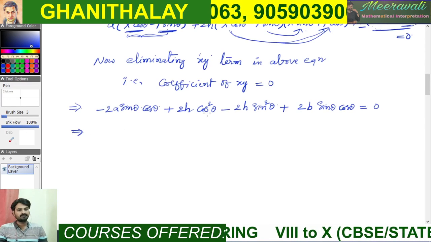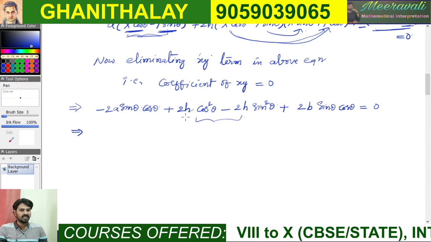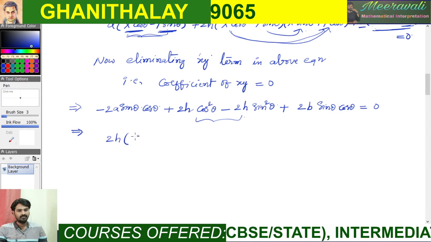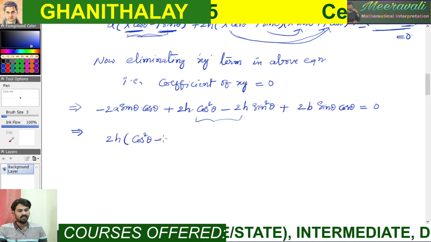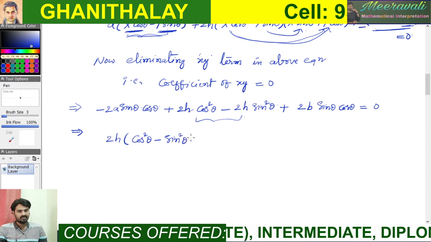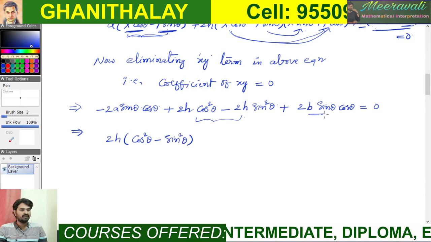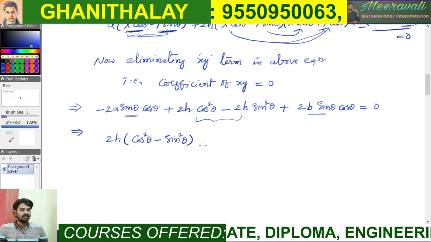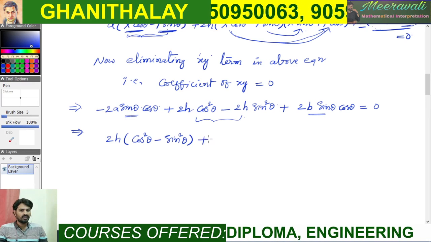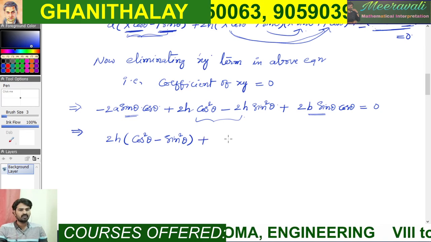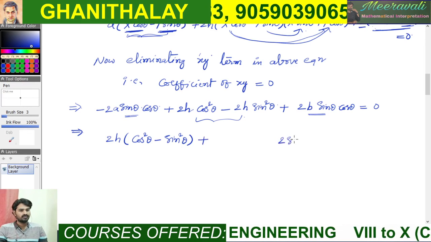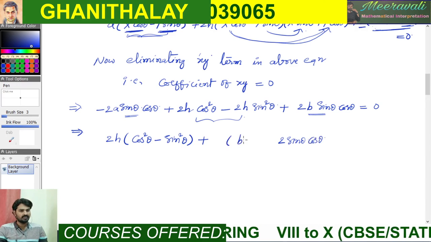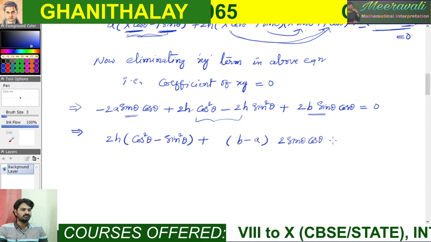In this one, the middle two terms have 2h common. I am going to take 2h common. You will get cos square theta minus sin square theta. Okay, in the remaining two terms here, what will be common? 2 sin theta cos theta will be common here. Now I am going to take 2 sin theta cos theta common, and you will get here b minus a into 2 sin theta cos theta